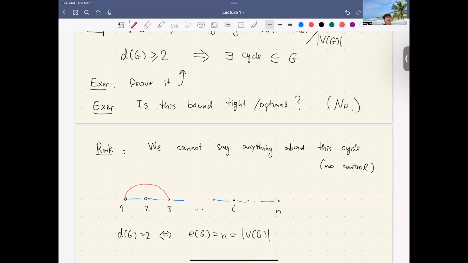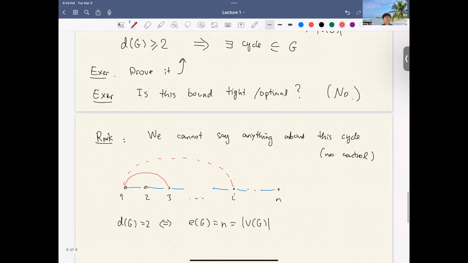We satisfy the hypothesis, average degree 2, and the cycle is the shortest possible, 3. And this edge could also be somewhere else. It could be from 1 to i. It could be from any pair of vertices. So the cycle could be of any length. We cannot control it. A natural question one can ask, and a lot of people care about, is